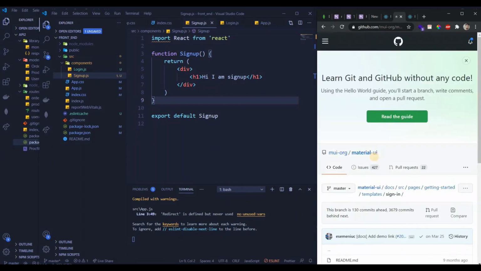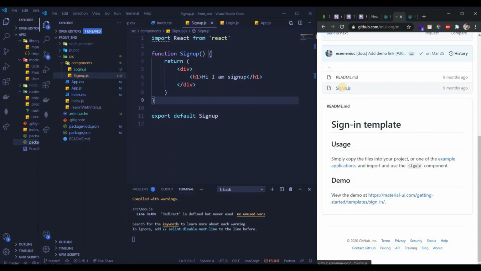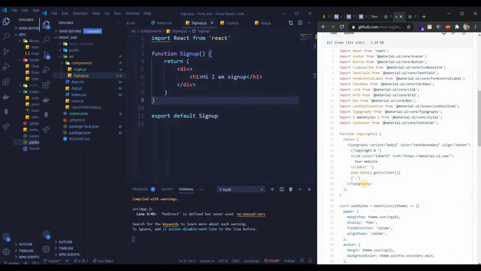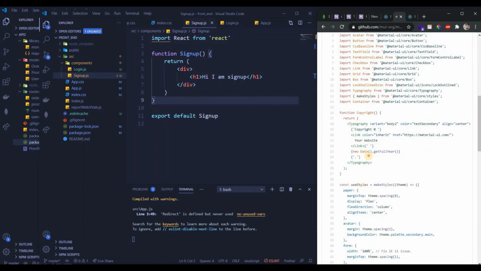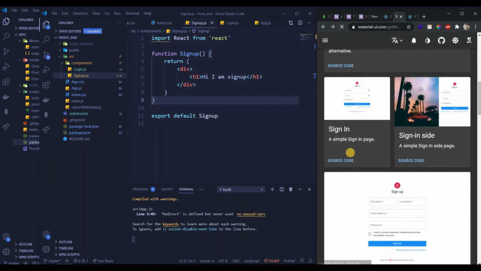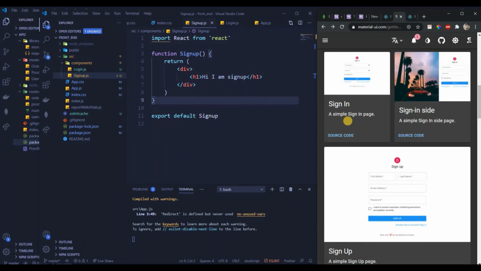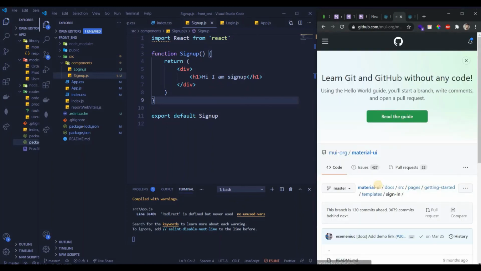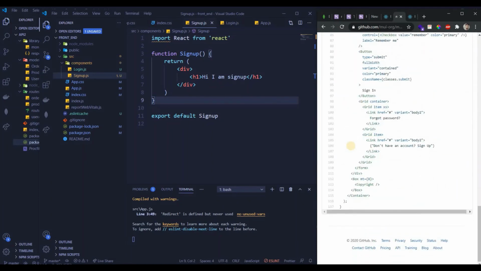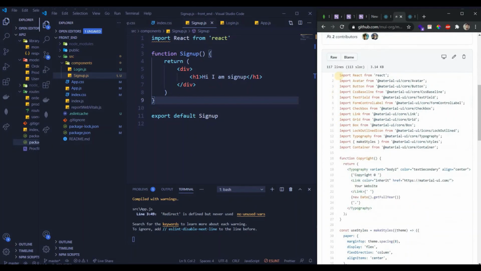So over here, if you see, there is this code that helps you in creating that particular page. So what we did, we came here, we went to, okay fine, what do we need? We need a sign in page. So we go ahead and just click here, go to source code, and then in our SignIn.js we see this, we can copy and paste this. So let's go ahead and copy this completely.